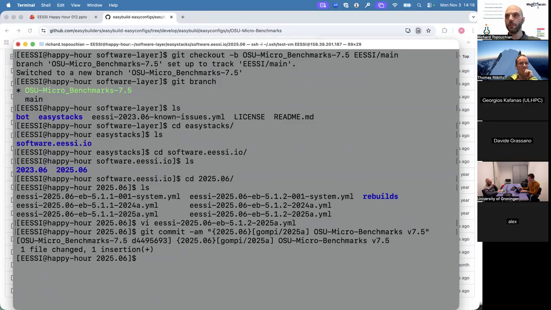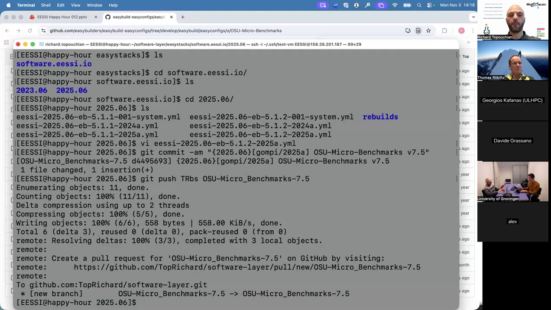Now that the commit is done, before pushing to easy, it is always preferable to push to your fork of the easy software layer. For now, I will do git push, and as you have seen earlier, my repo is called trbs, and I will push easy software branch. For now, I have pushed the branch that I've created with the OSU benchmarks, which I want to add on top of easy, to my